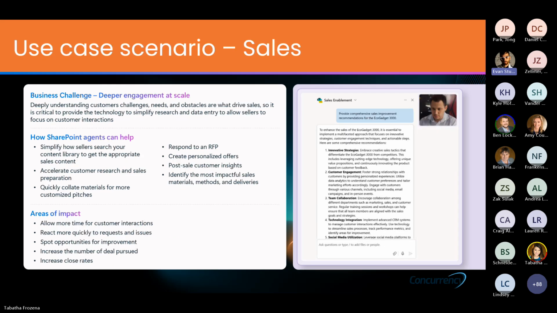We got another use case scenario for sales. This use case centers on sales, where the challenge is enabling deeper engagement at scale. Sales teams need quick access to relevant materials, insights, and tools so they can spend more time with their customers and less time digging through systems. To your point, this particular agent would assist by simplifying how sellers